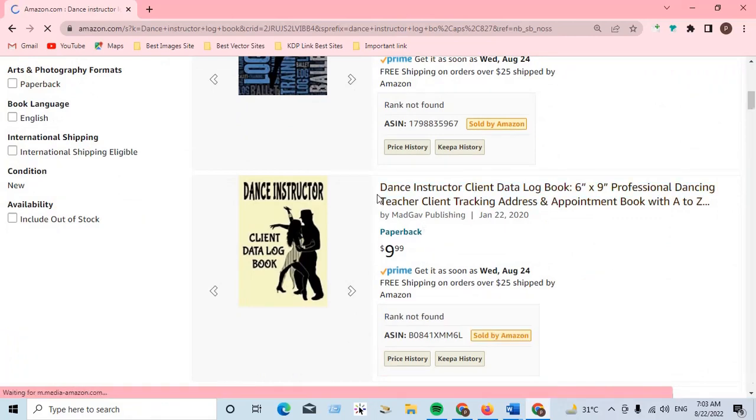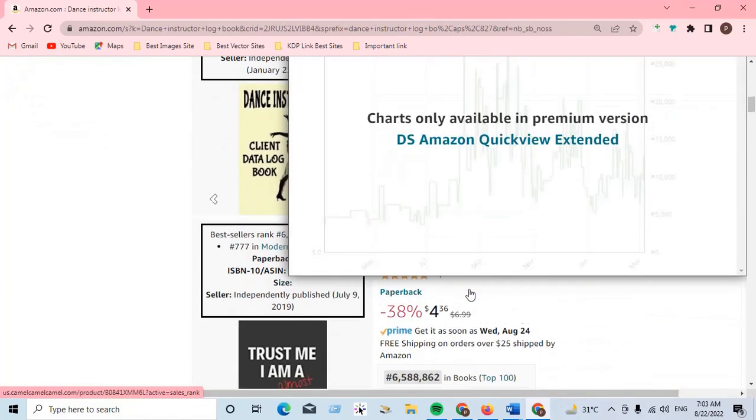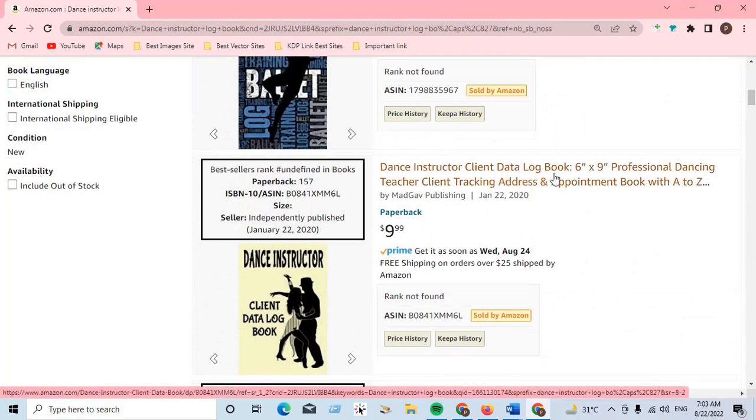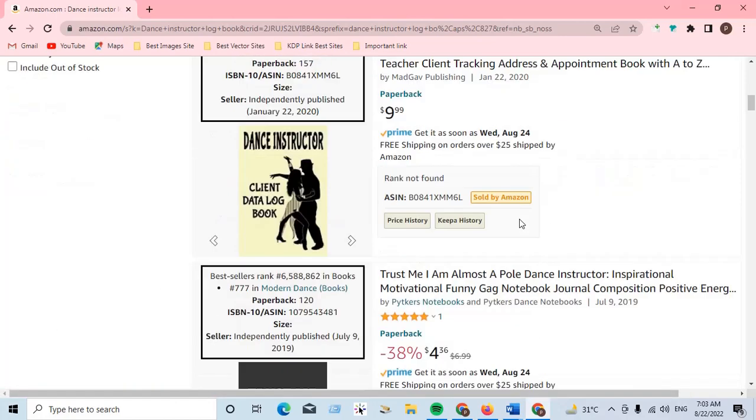There is already a published dance instructor client data logbook, the book size is 6 by 9 inch, and it was published in January 2022.